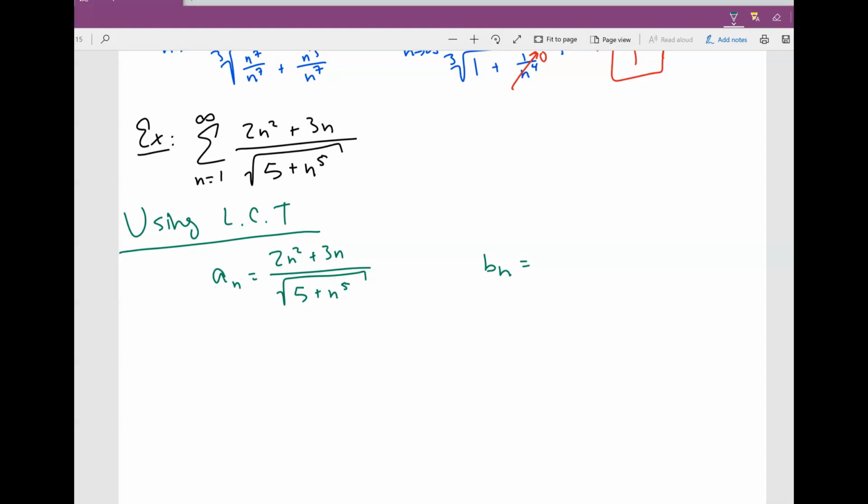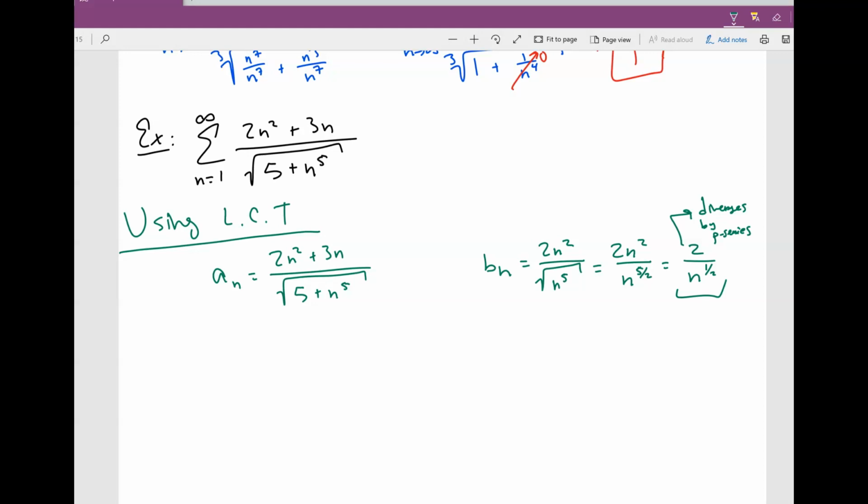And the b sub n that I want to compare it to is the highest power on the top, so 2n squared, and the highest power on the bottom, which is going to be the square root of n to the 5th. So it's going to give me 2n squared divided by n to the 5 halves. It's going to give me 2 over n to the 1 half. And obviously this thing by p-series diverges